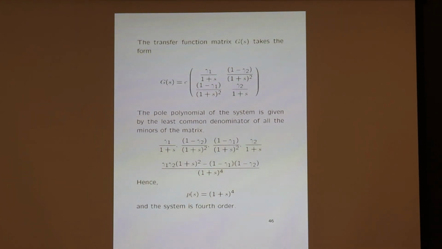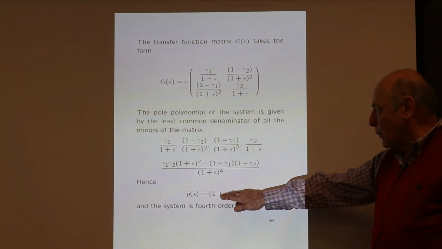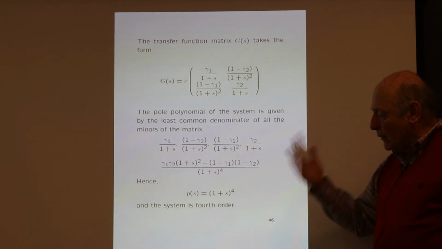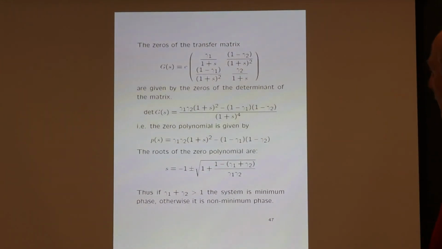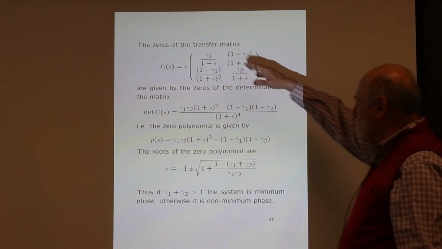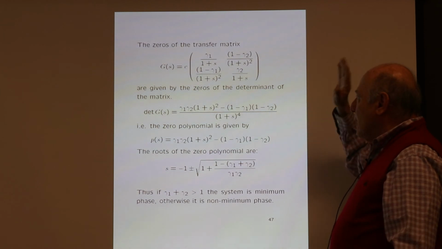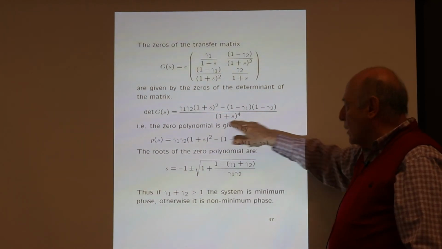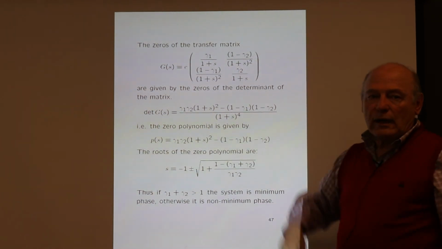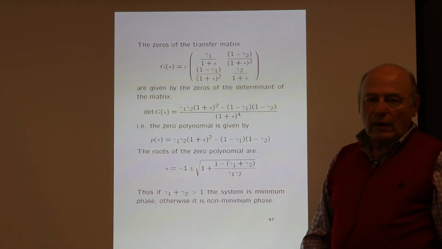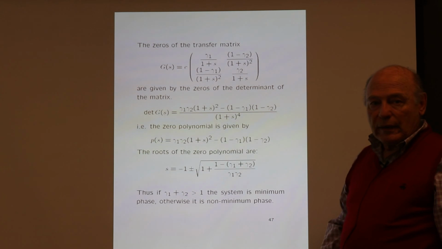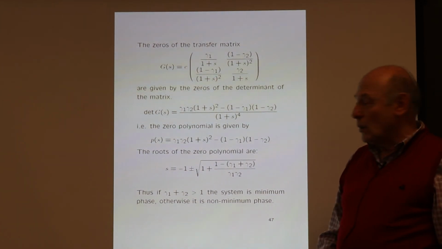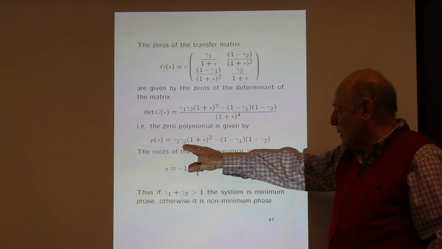So we have the computation of the pole polynomial. Now we have to compute the zero polynomial. And for the zeros of the transfer matrix, we just compute the determinant. And when you compute the determinant, here, fortunately, the denominator of the determinant is already the pole polynomial. So we don't have to do anything. Therefore, the zeros are given by the roots of the numerator polynomial. And you have this very nice